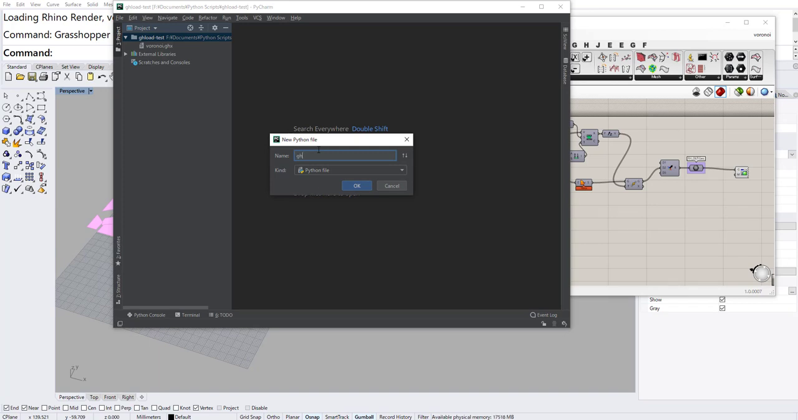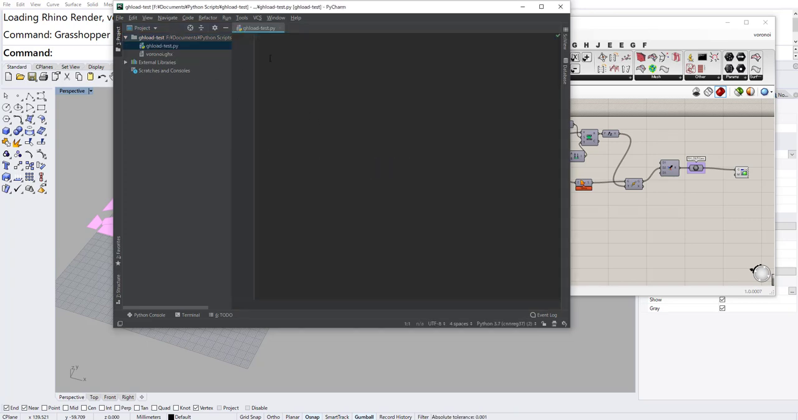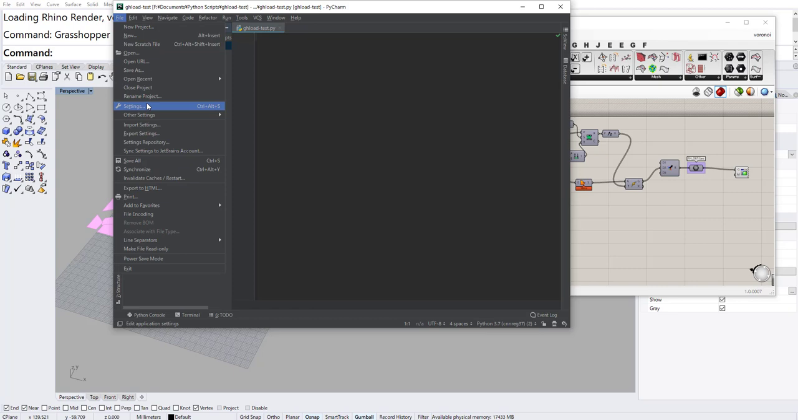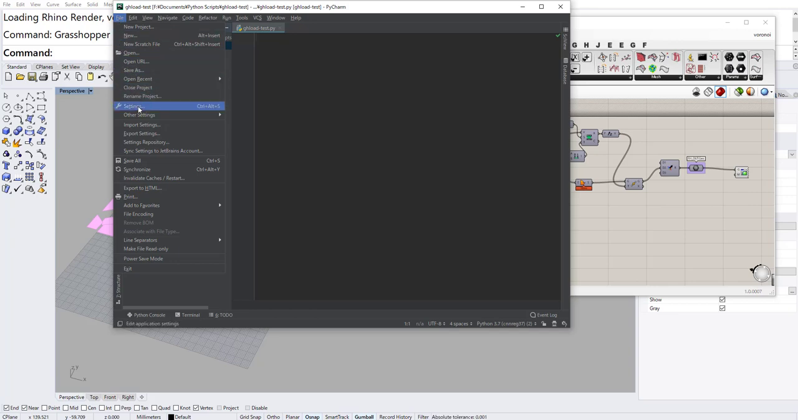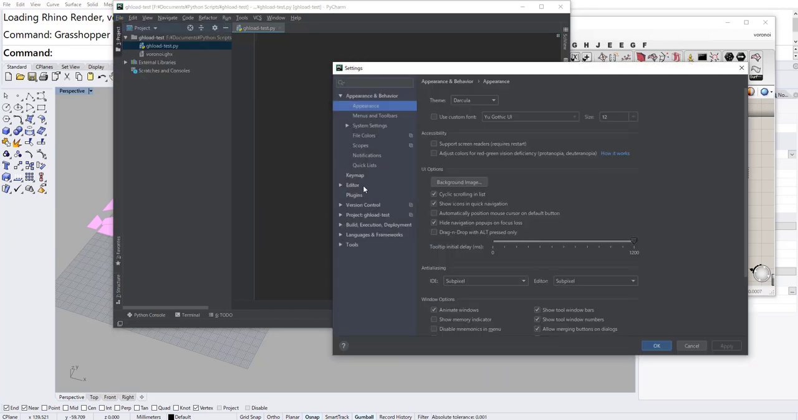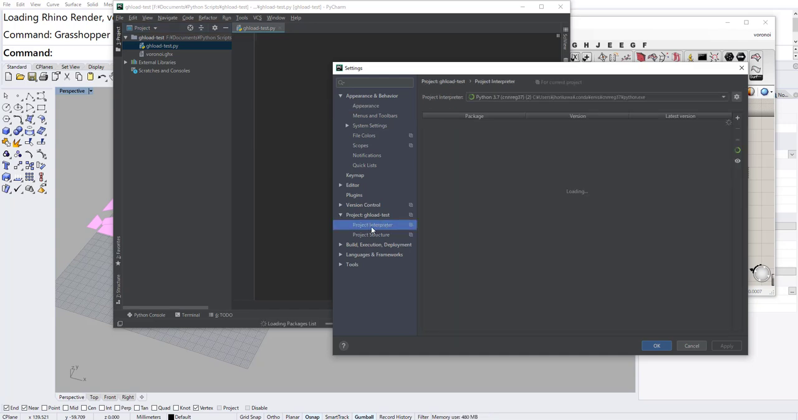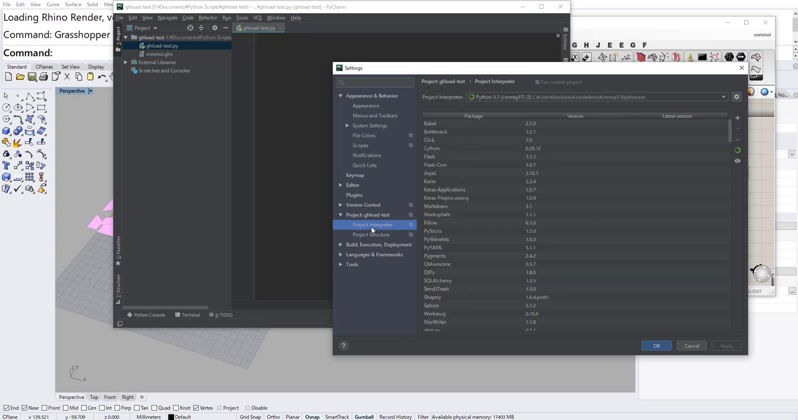Okay, I'm going to name this gload test. Currently I'm using Python 3.6 or 3.7, maybe 3.7. If you're using PyCharm, which I'm using right now, you can go to the settings, and under the project gload test there's an item called project interpreter, and currently I'm using Rhino Python 3.7. I think you could still use 2.7 as well,